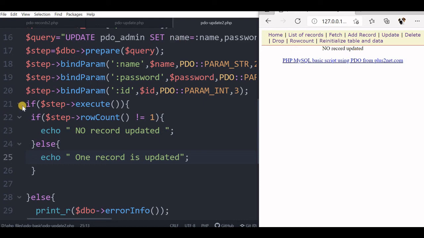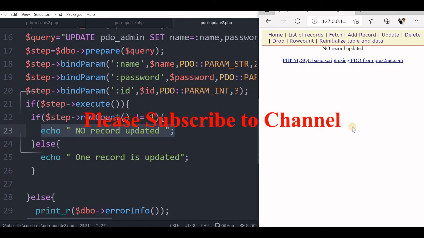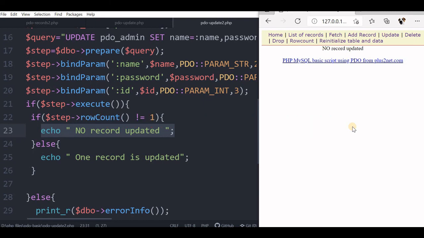So the first if condition is executed, and because the row count is not equal to 1, this line is printed. Now this is how we'll update the records. Now we can go for multiple updates, and accordingly we can display various results. So how many records are deleted, how many records are updated, how many records are inserted, all those we can also display.